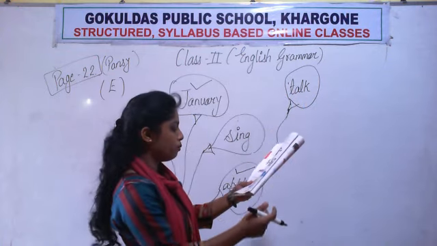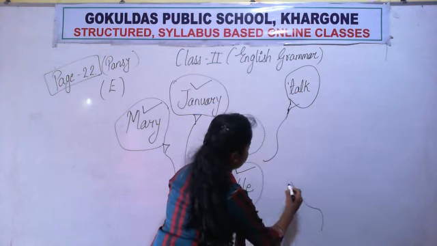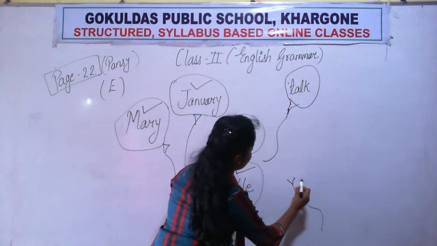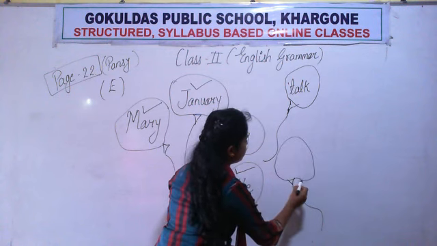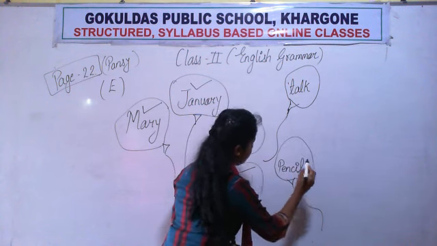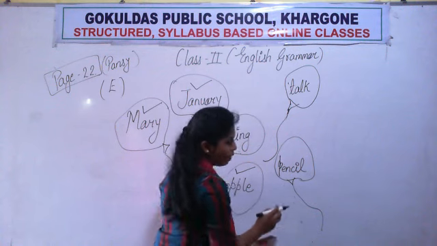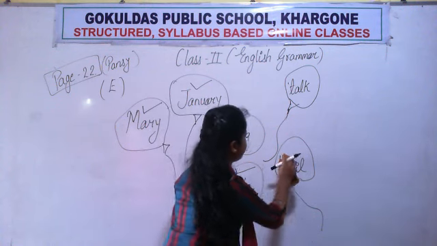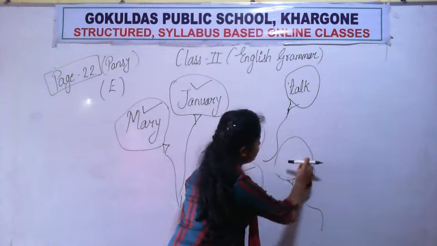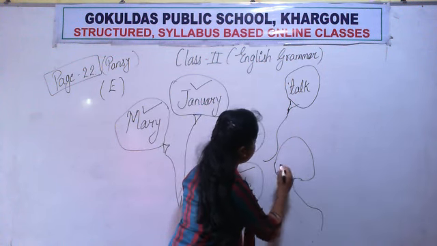Okay? Moving on to the next balloons. Here one balloon containing the name pencil. Again this P will not be capital as per my knowledge. Why am I telling as per my knowledge and things like that? Because pencil is not a proper noun, right? Pencil एक proper noun नहीं है.